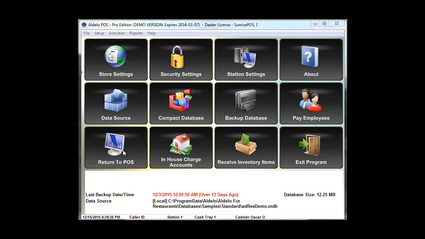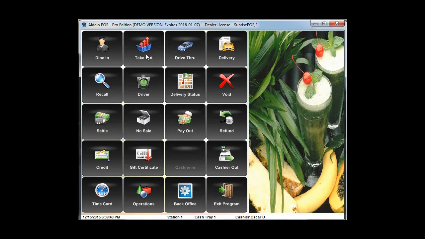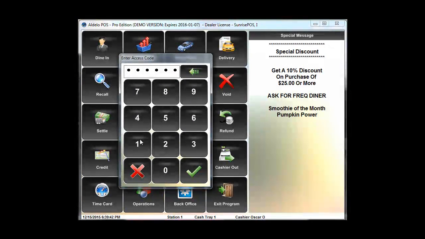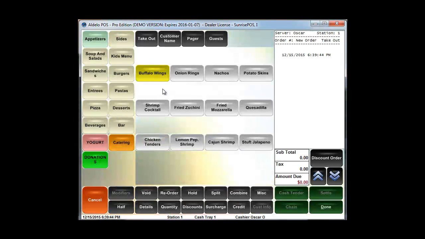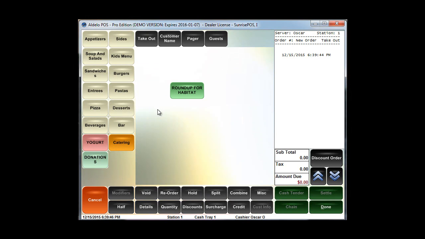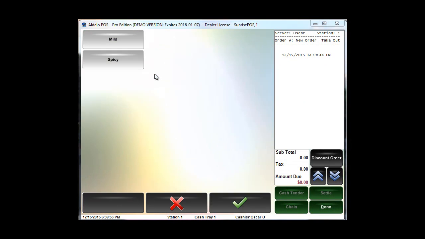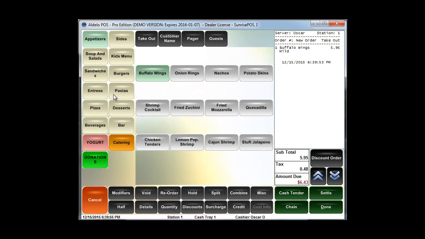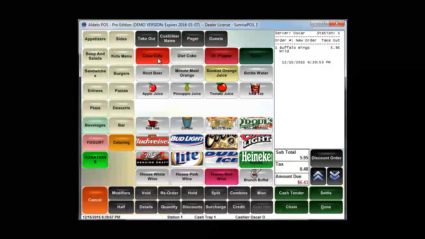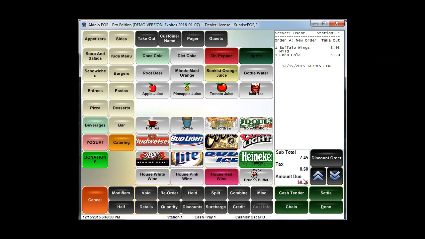And now when you go back to the POS, say we're doing a takeout order, and you pop in your code, and we'll click on donations, and I've got my roundup button right here. So I'll go ahead and ring up an appetizer. Maybe I got some buffalo wings, and I'm going to order also a Coke. My total here is $8.05,